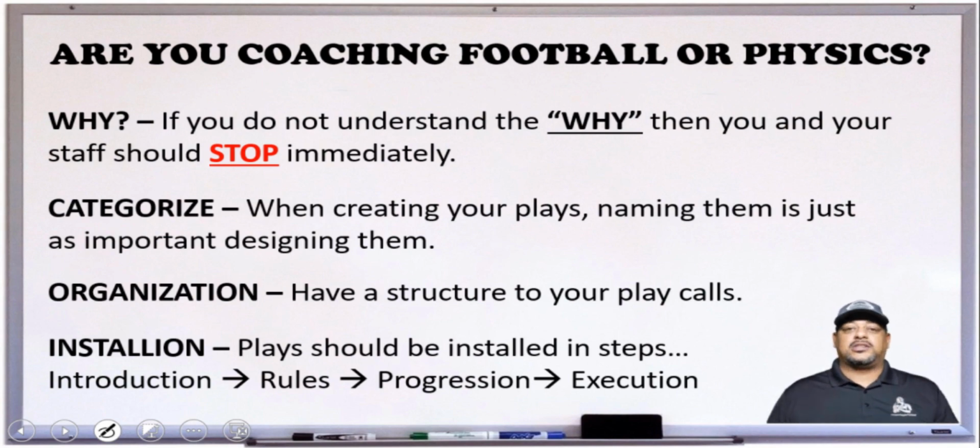Next is progression. Are the kids constantly progressing as they're running the play? As you keep repping this play, do you see them getting better? Every rep, they should actually be getting better by a certain percentage, whether you want to mark that goal as 2%, 1%, 5%, 8%, 12%, whatever that is, you need to make sure that you set that. If they're getting stuck, that means they're not progressing. If it's constantly looking the same, there's a lack of communication. There's a communication breakdown. You need to stop right there, scrap it for that day,